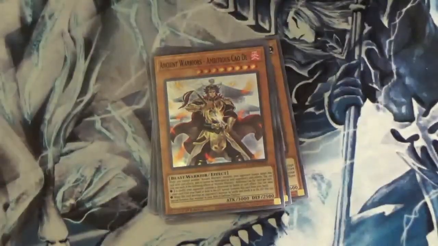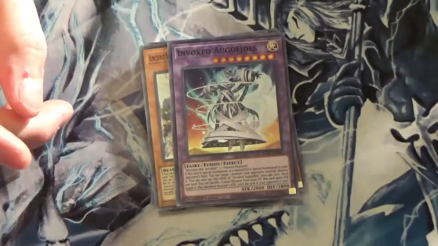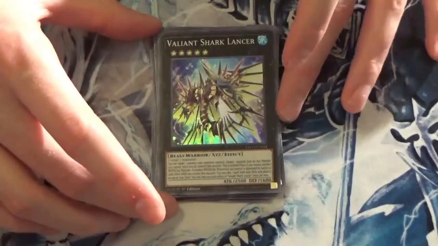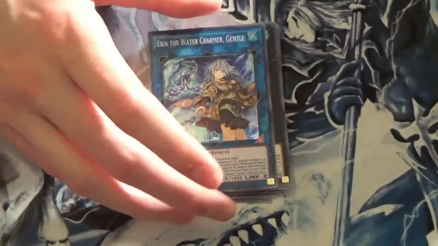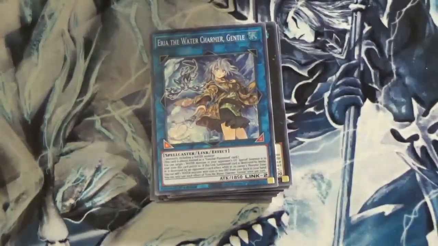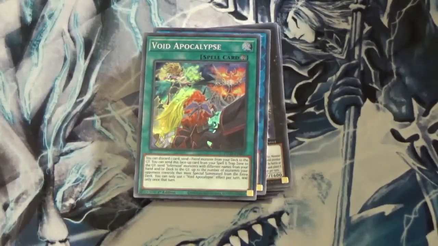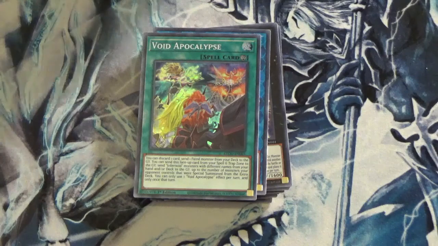Gachiri at Ignister. And then we've got the Ambitious Kaude and Ingenious Zunkong. And then we've got Invoked Agidius, which is just really cool. Valiant Shark Lancer, the level 5 Exceeds Popper. We've got Iria the Water Charmer, which is used with the new Gizmet card. Void Apocalypse. Reading through this card, this actually really does give a boost to Infernoids, which is crazy to think about in 2020. Then we've got